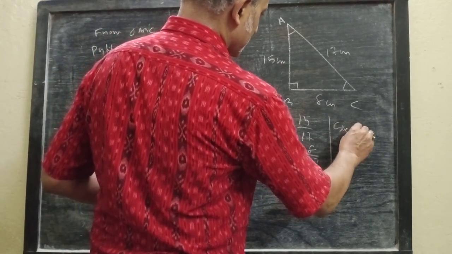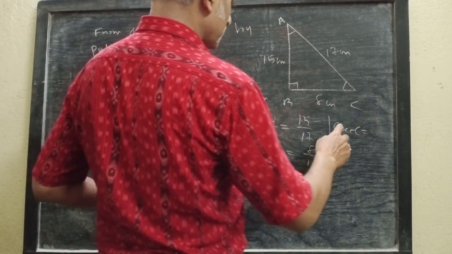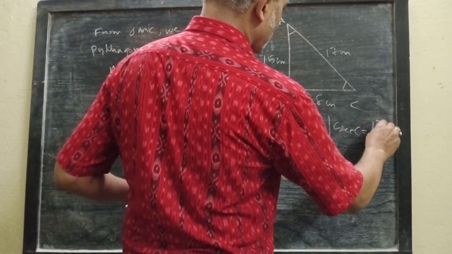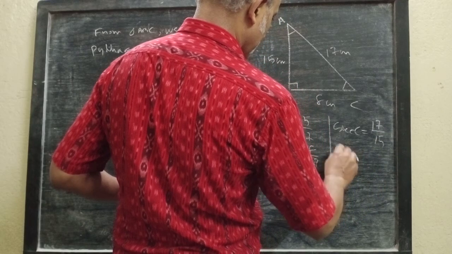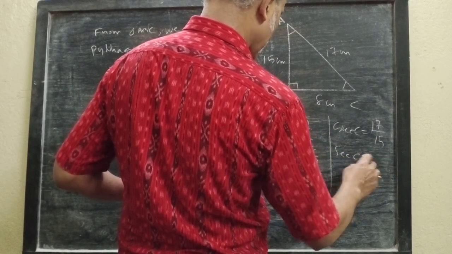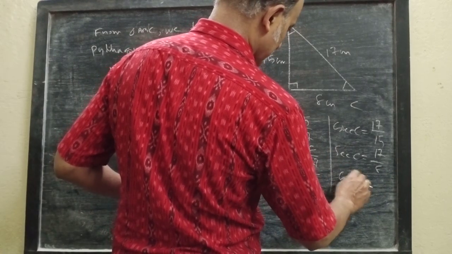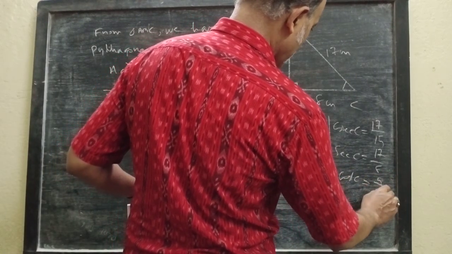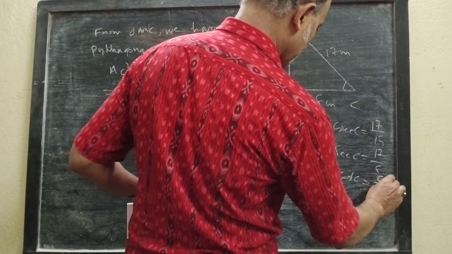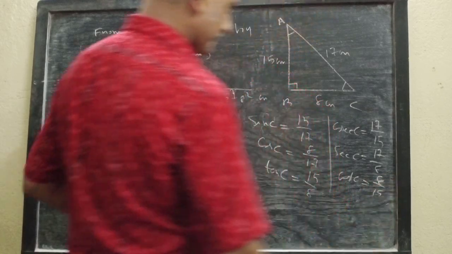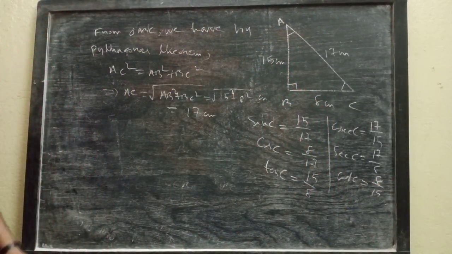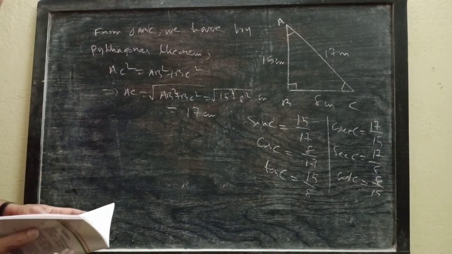Next, cosec C will be 17 by 15. Sec C will be 17 by 8. Cot C will be 8 by 15. Next,